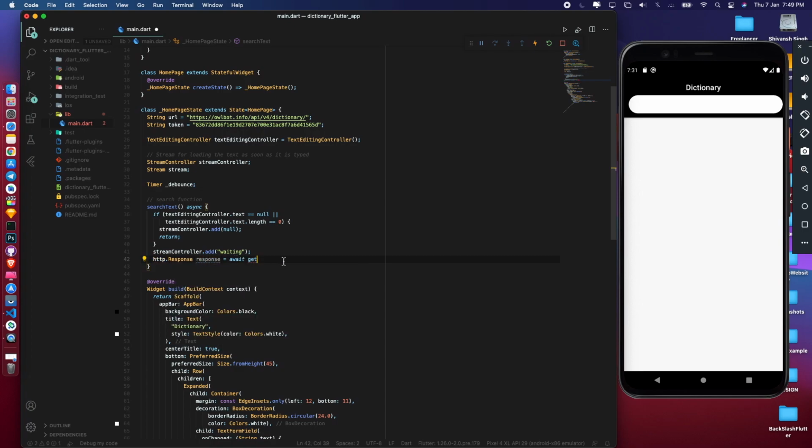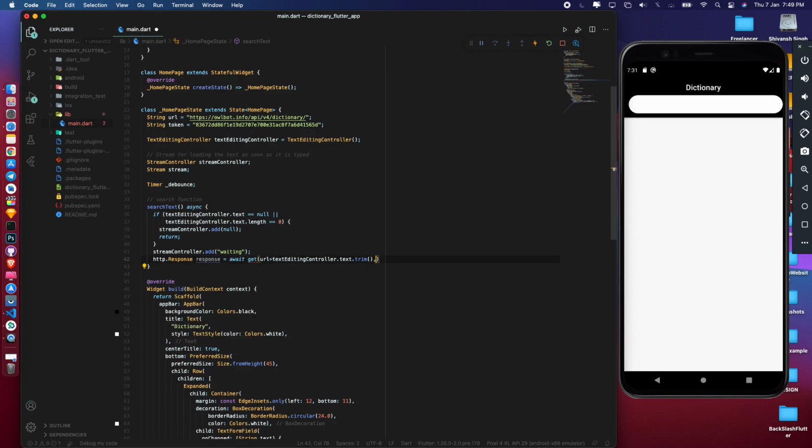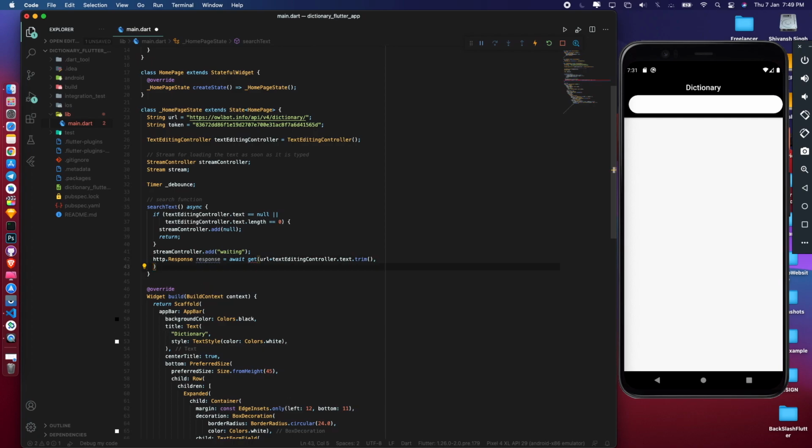And now in await I will write get URL, and after URL I will write the text which the user enters. So if I write apple, then it will add apple to it, and also trim that text if there is any other text that the user added which we don't need to fetch. I don't know why it is not showing me the headers option, because in headers I will pass that token.